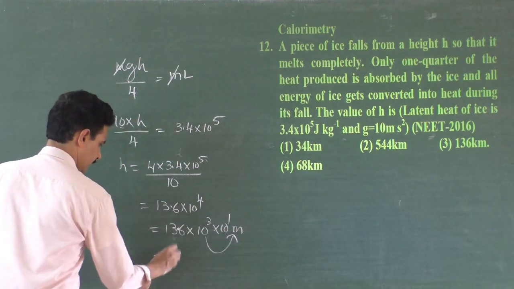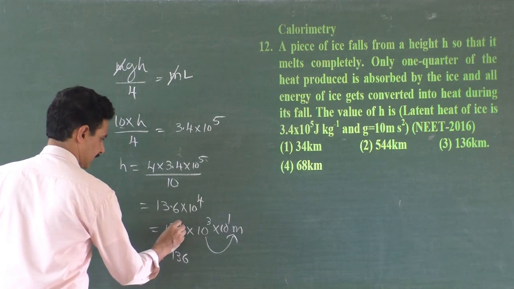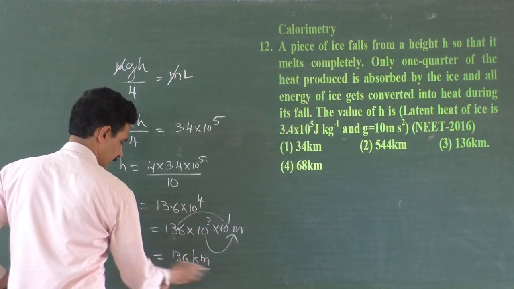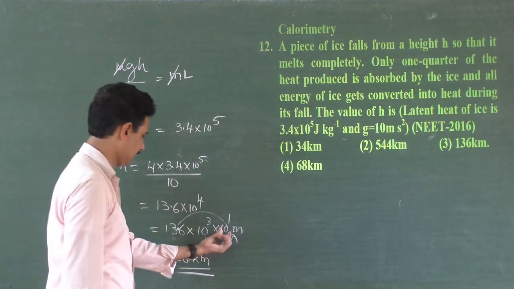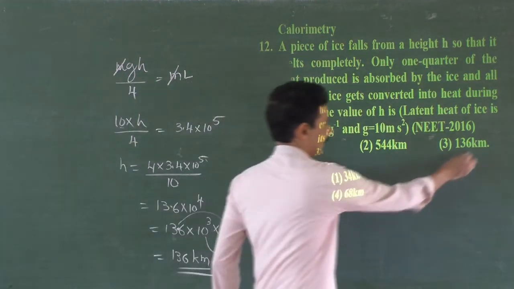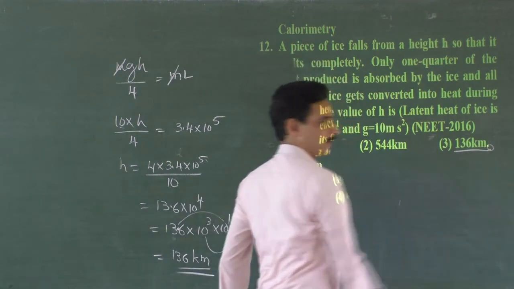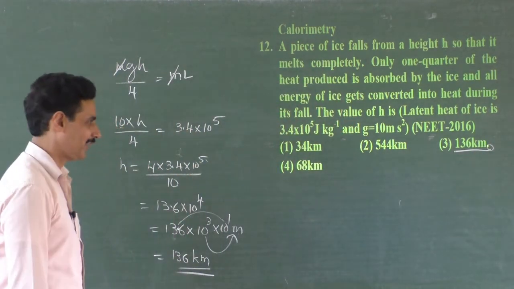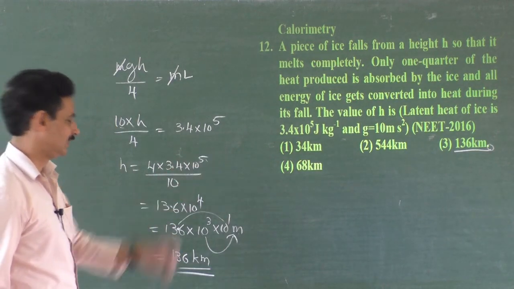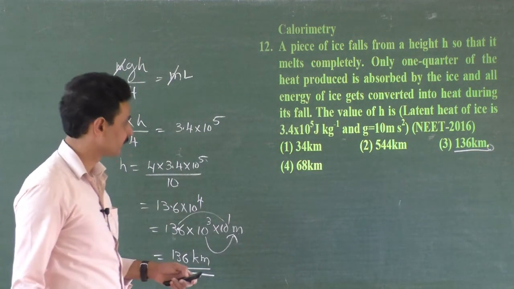13.6, 136, join this 10 and this 10. Kilometer. Because this 10 is used to combine with this one. This is kilo. 136 kilometer. We have the dot here, right? Same answer, right? I put dots in order to verify. Sometimes a small mistake in the calculation will lead to wrong options.